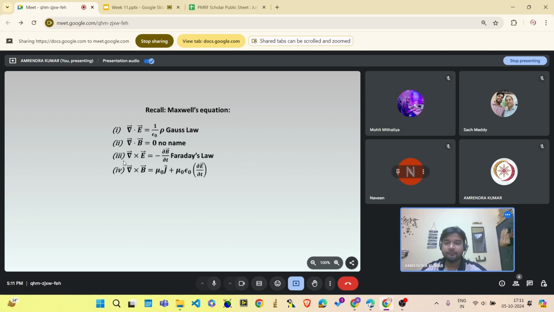Then you have the third one, where the curl of the electric field is related to a magnetic field that is changing with time. So it's essentially Faraday's law, where you have seen that if you move a coil of wire in a static magnetic field, you can induce a voltage across the two ends of this coil. Or you can put the coil as it is,